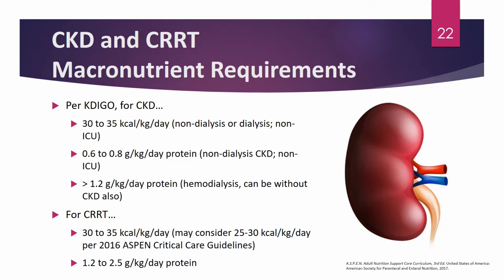Now, if they've progressed to the point where they need hemodialysis, regardless of whether they are CKD or not, for hemodialysis patients we want to give them at minimum at least 1.2 grams per kilo per day of protein or greater, because essentially these patients